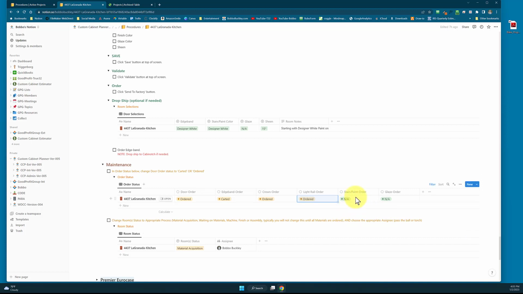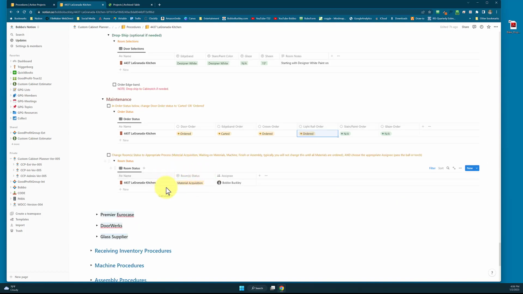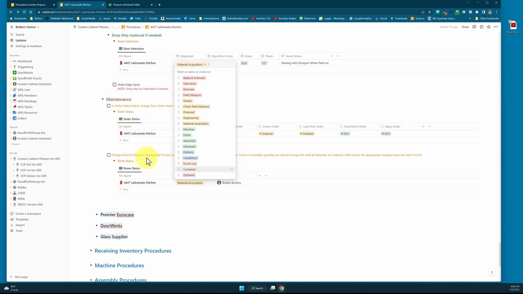And currently this stain and paint order field is set to not applicable because we're going to order these pre-finished, or they may be textured melamine, or they may be acrylic. But if we needed to order paint, then that color would be here. If we needed to order glaze, then that color would be here. And then again, we probably at this point, maybe other than the glass, might be done ordering. If there's no glass in the job, then because we're going to order the doors from one of these three companies, we would just go ahead and set this at that point to whatever it's saying up here,